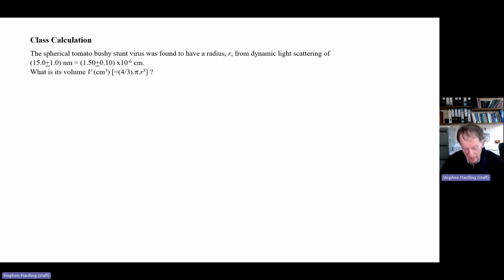Just consider a protein, ovalbumin, which is our favorite protein, or glycoprotein. Now let's consider a virus, a plant virus, a spherical virus. It's our favorite as well. Tomato bushy stunt virus. We measure this radius from dynamic light scattering, and we want to know what the volume